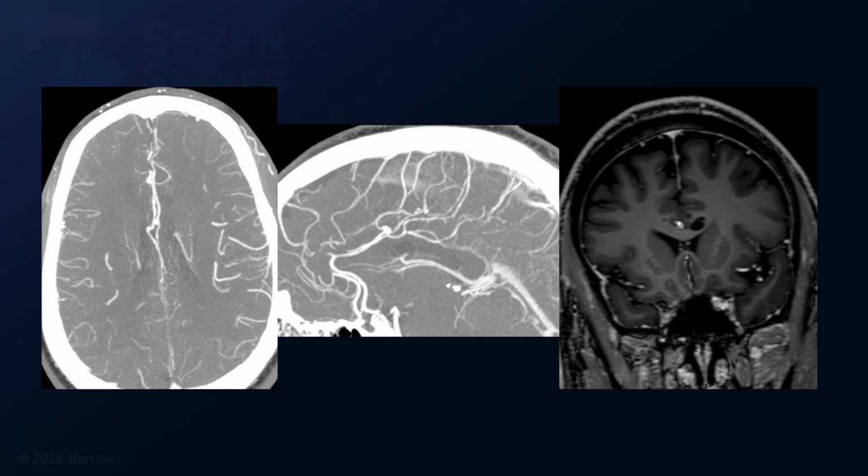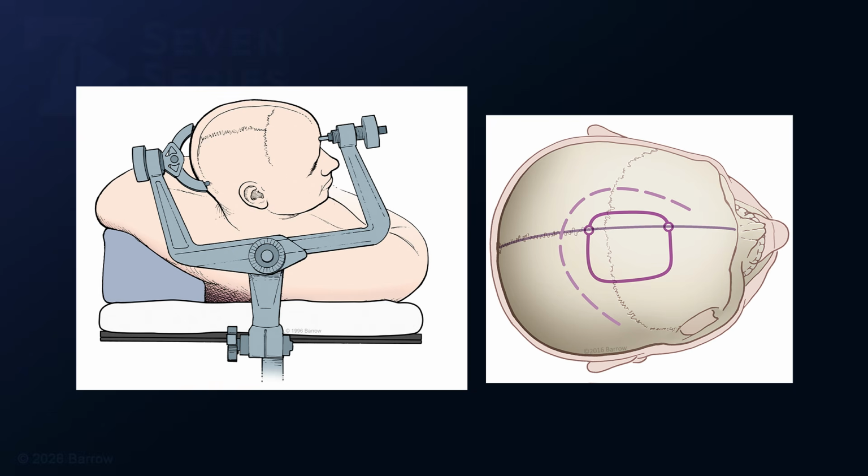His CT angiogram shows the multiple aneurysms arising from the bifurcation into the pericallosal and callosal marginal arteries, as well as just distal to that. The MRI also revealed some unusual cystic lesions in the cingulate gyrus on the left side. The head was positioned with the midline horizontal so that gravity could retract the right hemisphere and open the interhemispheric fissure. The incision and craniotomy are shown.